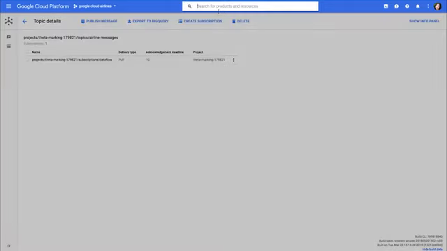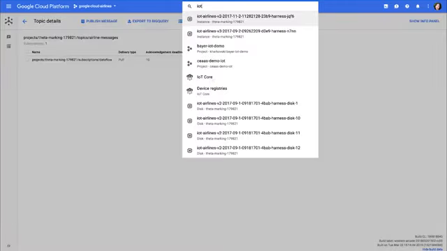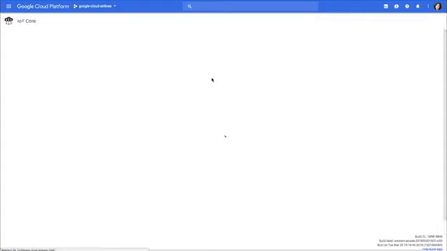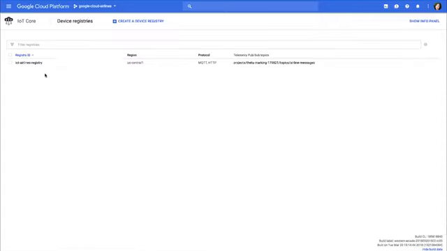Now, going back a little bit, I'm going to show you IoT Core, because this is also the component in which we register our IoT simulators. What we've done here is we've registered this right here called IoT Airlines Registry. We've essentially cloned the Git repository where we have Java files, and we've compiled the application here, uploaded a jar file to the storage bucket that we showed earlier.